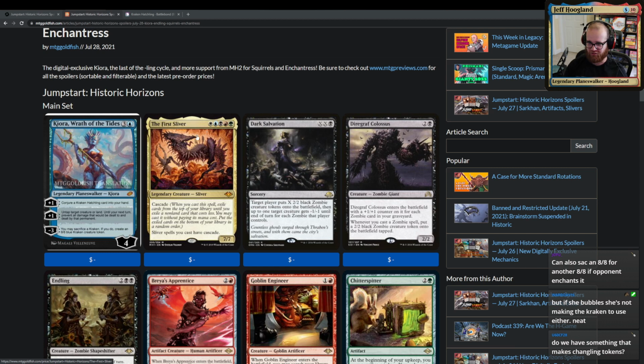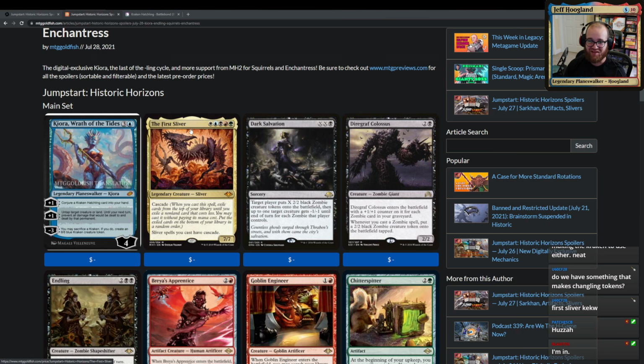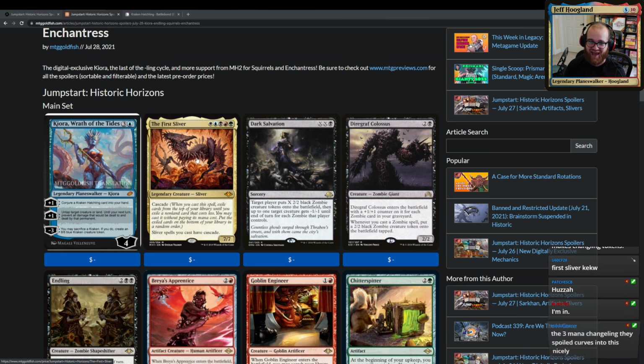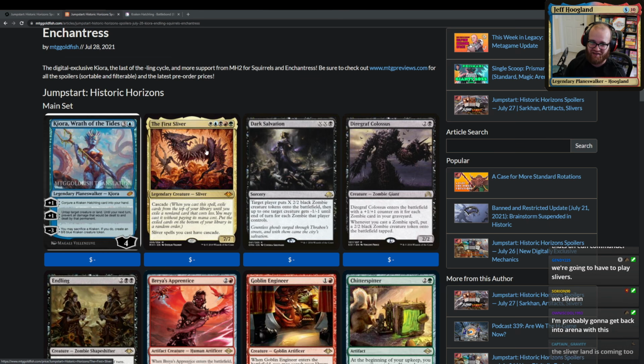The first Sliver. Sliver spells you cast have Cascade. This has Cascade. Chat, they're going to give us back Historic Brawl, right, chat? This card was made to be cast in Brawl. It's an EDH card. I mean, it might be playable inside of a Slivers deck in Historic too, but yeah,